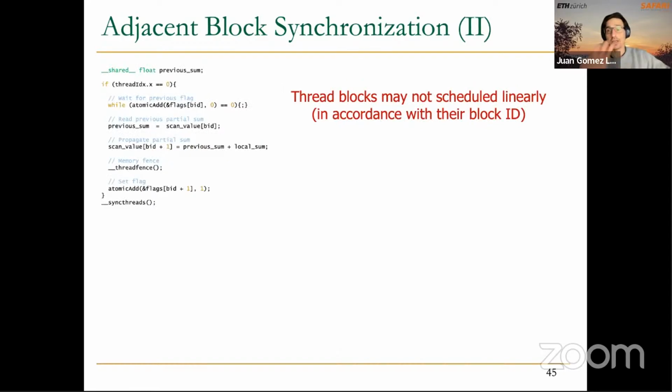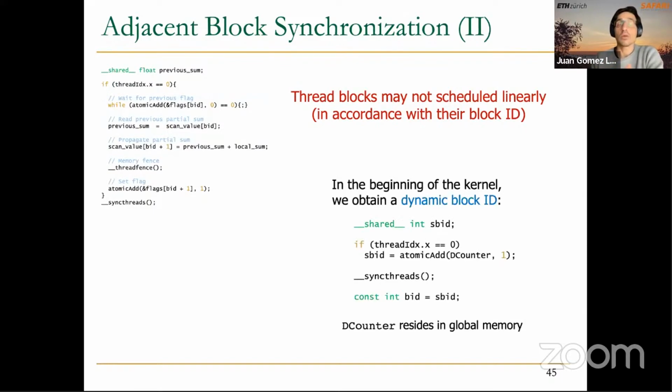But now there is just one last problem: this block ID cannot be the block index that we normally use. And why is that? Because we cannot assume any order in the scheduling of thread blocks. We cannot assume that thread block 1 is going to be scheduled after thread block 0 and thread block 2 is scheduled after thread block 1. That's not the way that the GPU schedules thread blocks internally. So we cannot assume this linear scheduling,